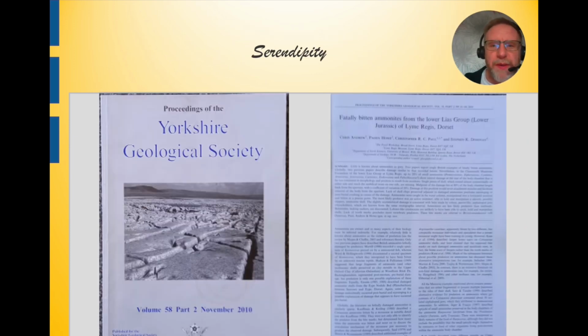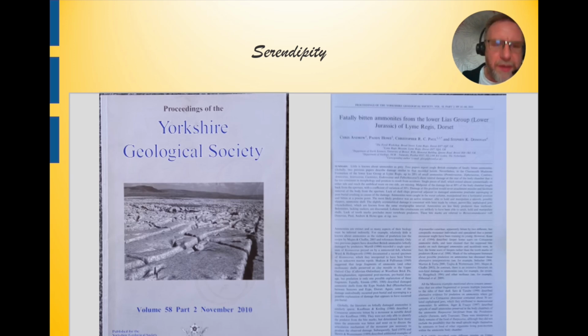Sometimes people don't tell you just how much luck there can be in paleontology, but it's certainly true in this case. Back in 2012, I was lucky enough to find a bitten ammonite at Saltwick Bay, but I would have thrown it away as a damaged one, not bothered collecting it. However, just the night before, in this particular issue of the Proceedings of the Yorkshire Geological Society, I'd read an article on bitten ammonites from Lyme Regis and had been quite intrigued by it,